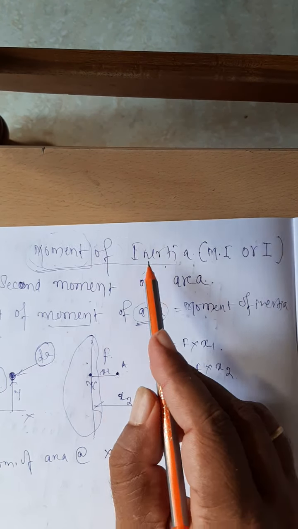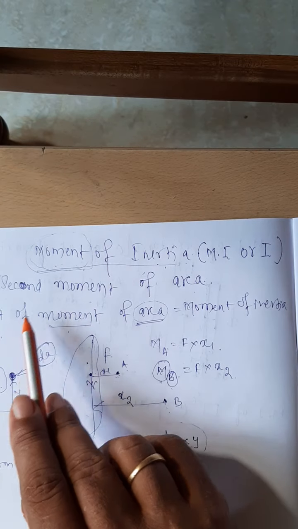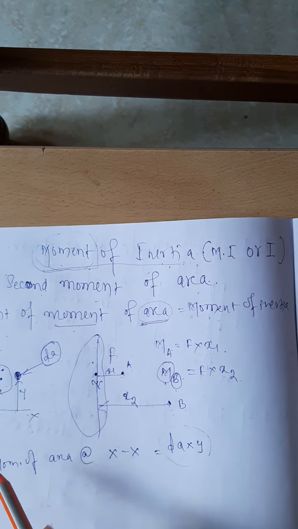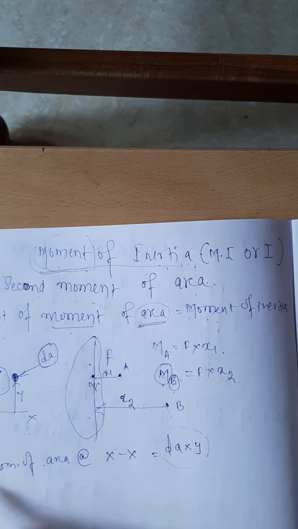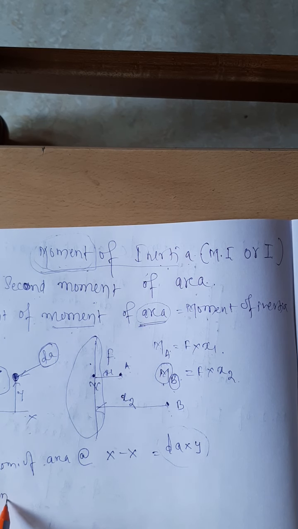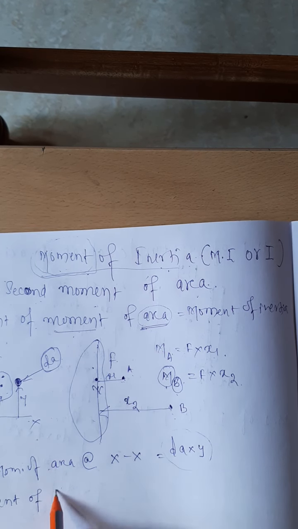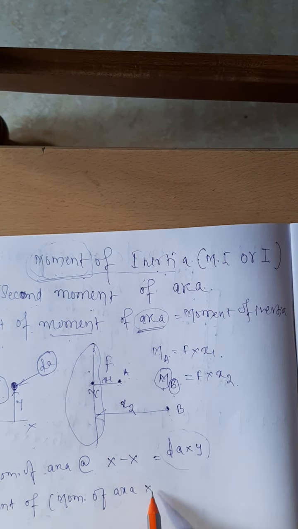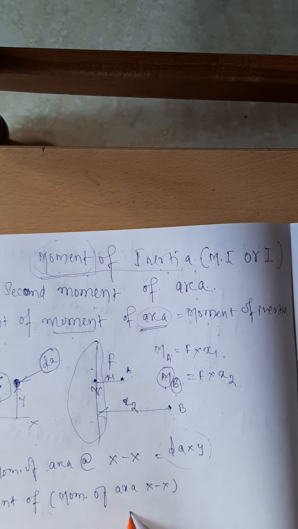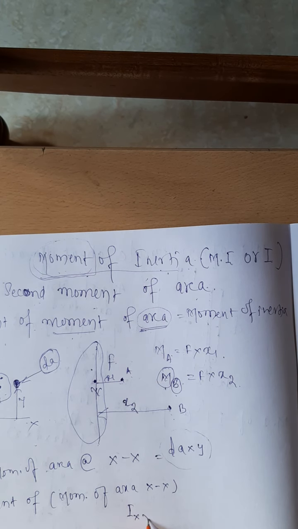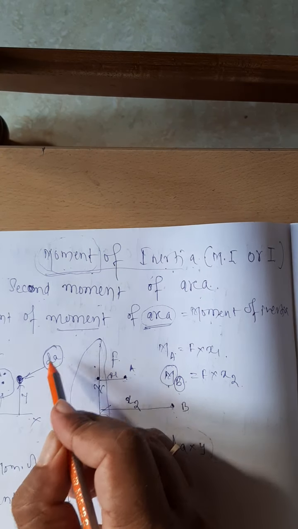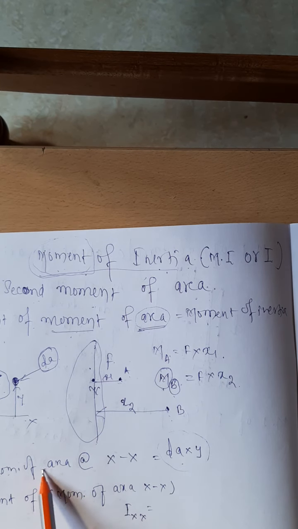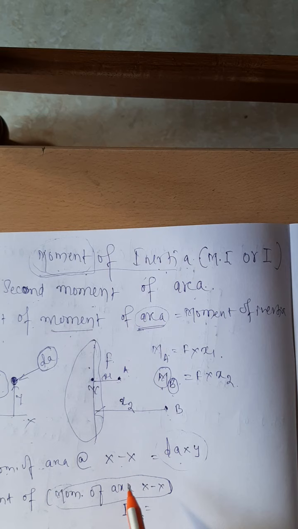But how is the moment of inertia, or second moment of area, defined? It is defined by taking the moment of area and then taking one more moment of it, that is, the moment of the moment of area about the line xx. This is indicated by Ixx. Now this small area dA is multiplied by the moment of area already there. In this bracket, what is there? This is nothing but dA into y.